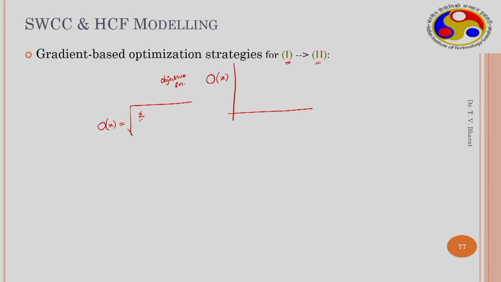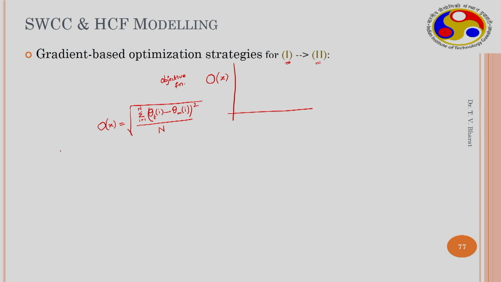Say you have n measured data points. Then the volumetric water content theoretically determined for different suction values minus θm, that is the measured value, you obtain the square, divided by the number of data points you have. This is what they call the root mean square error.